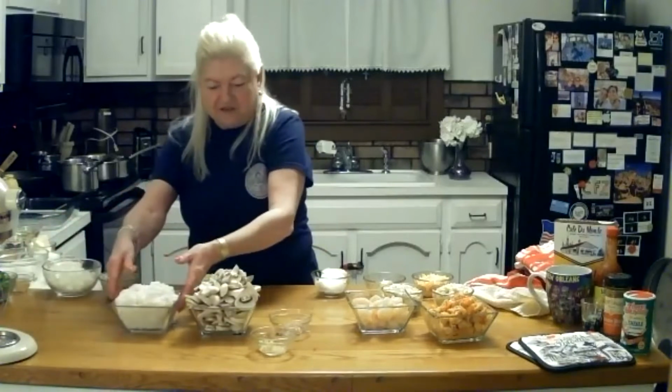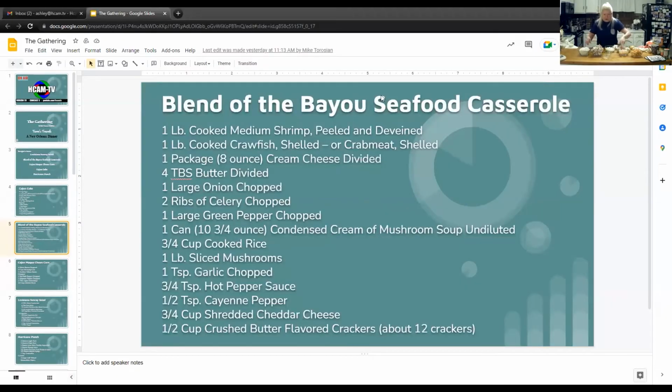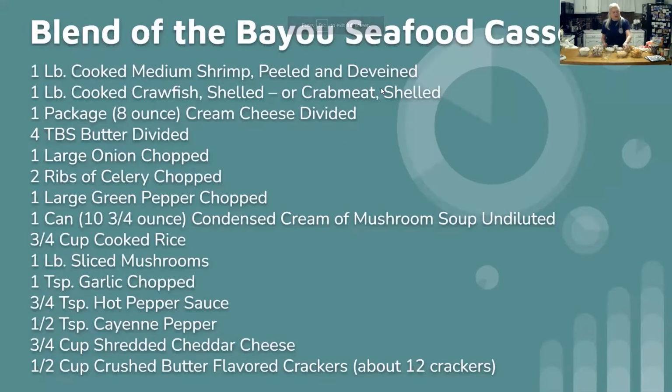So what I have here, we're kind of all over the place here, but we have 1 pound of cooked medium shrimp, 1 pound of crawfish cooked, and you can get that anywhere. If you can't find crawfish, you can use crab meat. 1 package of cream cheese divided. I have 4 tablespoons of butter divided. I have 2 ribs of celery chopped, large onion chopped, large green pepper chopped, 1 can of condensed cream of mushroom soup,